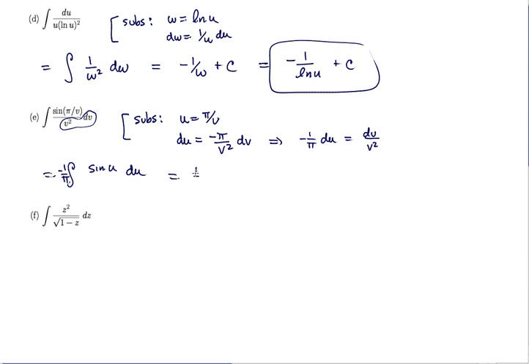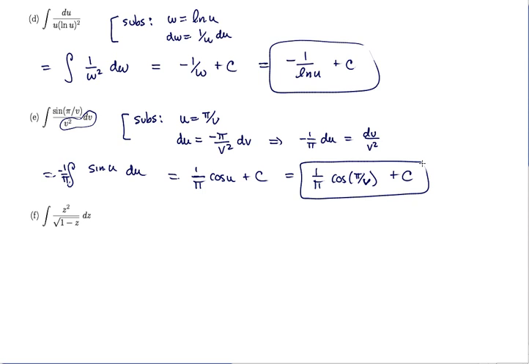And the integral of sine is negative cos. And now I can replace u in terms of v, negative 1 over pi cos pi by v, plus our constant of integration c. Okay, in this last example,